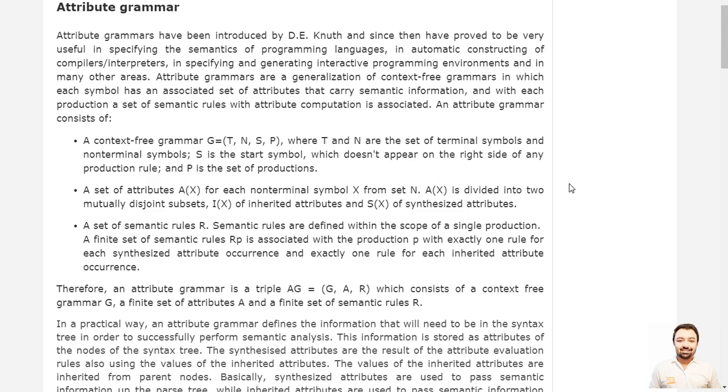Attribute grammars are a generalization of context-free grammars, in which each symbol has an associated set of attributes that carry semantic information, and with each production a set of semantic rules with attribute computation is associated. An attribute grammar consists of three things: a context-free grammar, which is represented using G, and a context-free grammar has